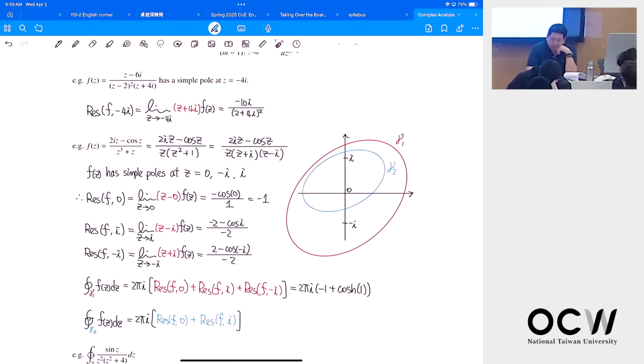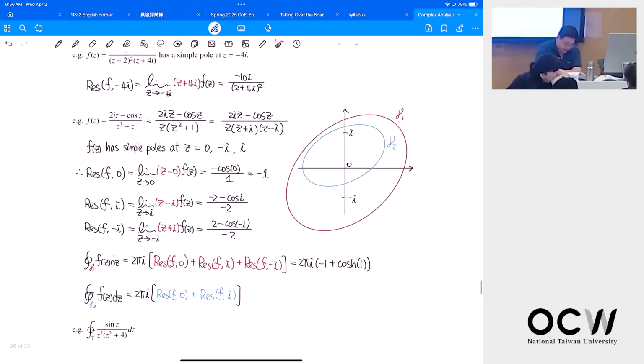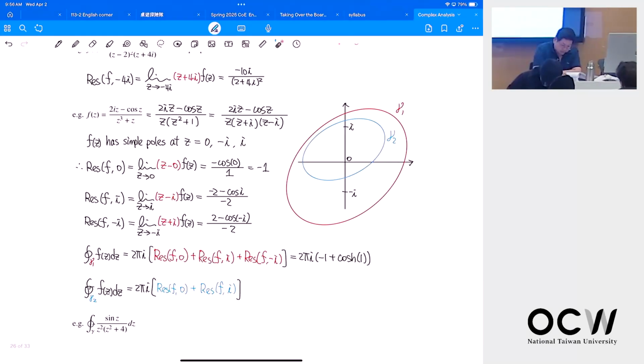Okay, if I have a closed curve at the origin, then what is the circular integration? 2 pi i times the residue at 0. All right, so now we have 4 minutes, and then for this example,